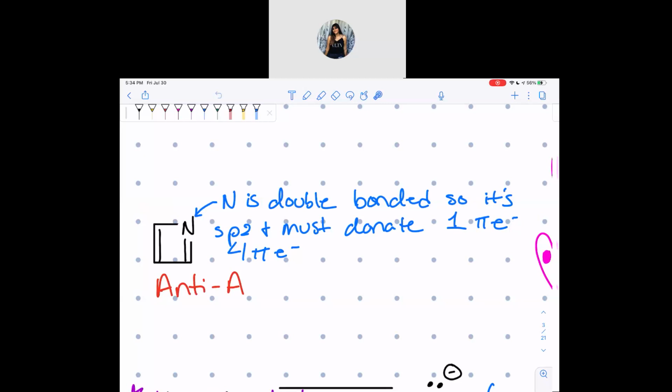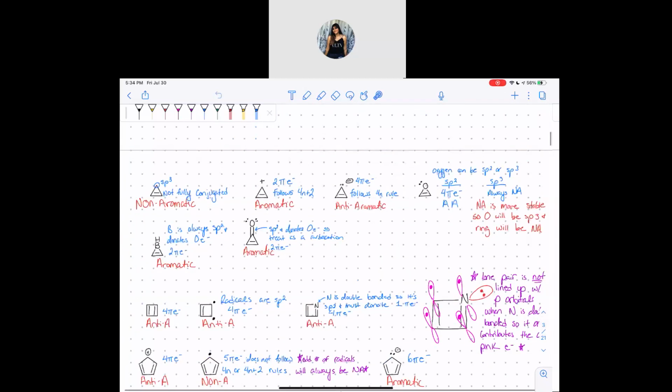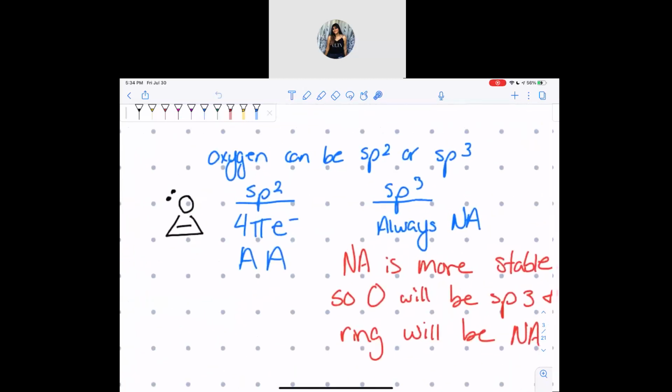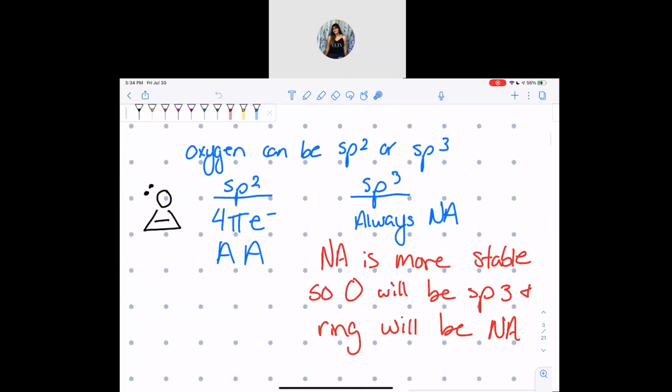But if that guy was single bonded, like this example, it could choose to be either sp2 or sp3. So how do we decide which one it is? So we decide that by looking at,